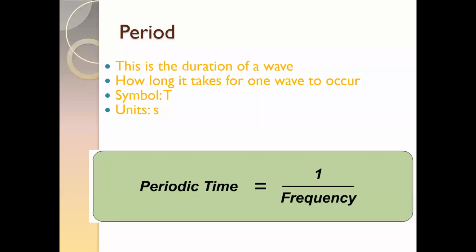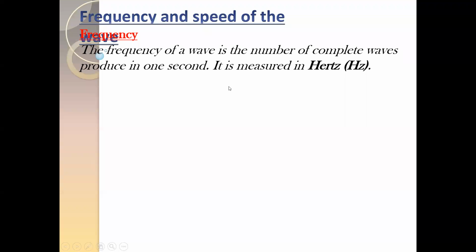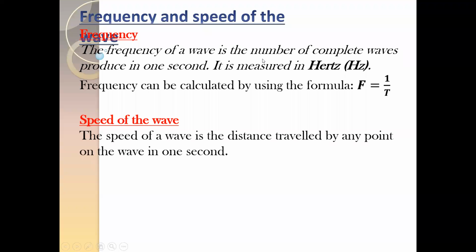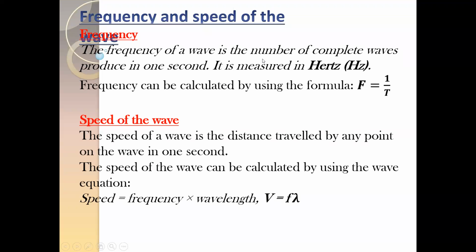Then the period, as we discussed, we can take the reciprocal of the frequency to get the time period. And the wave equation, the formula which relates the speed of the wave with the frequency, is speed equals frequency times wavelength, or v = f λ. This formula is valid for all kinds of waves. It does not depend on the nature of the wave. Even if it's a transverse wave or a longitudinal wave, we can use this formula